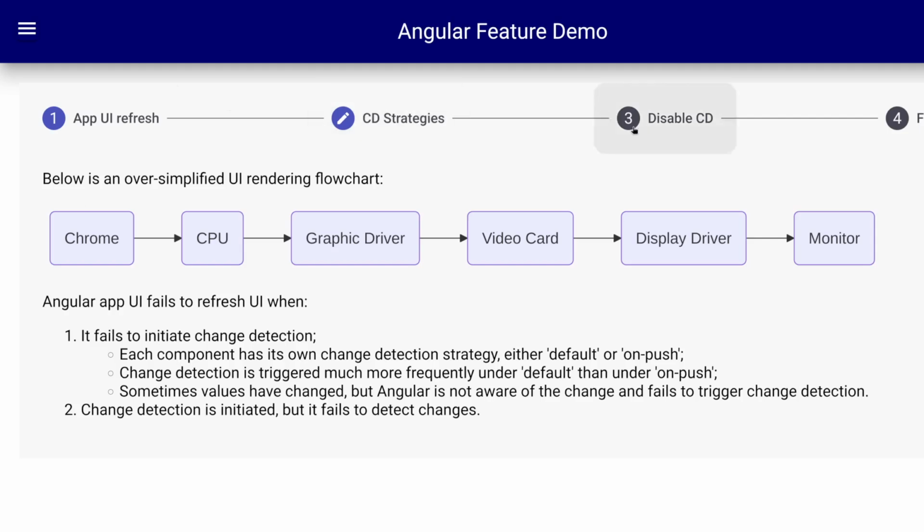First, let's talk about this process. Your Angular app, hypothetically, uses a browser, say Chrome. Something happened, the Angular app will run change detection, they found some changes, and Chrome will tell the CPU, hey, I need to repaint my screen. The CPU sends instructions to the graphic driver and then to the video card, to the display driver, to your monitor. Your monitor refreshes, something happens. So that's how things are done. But